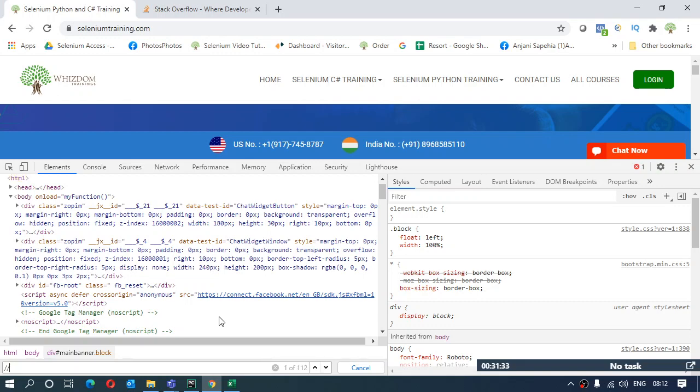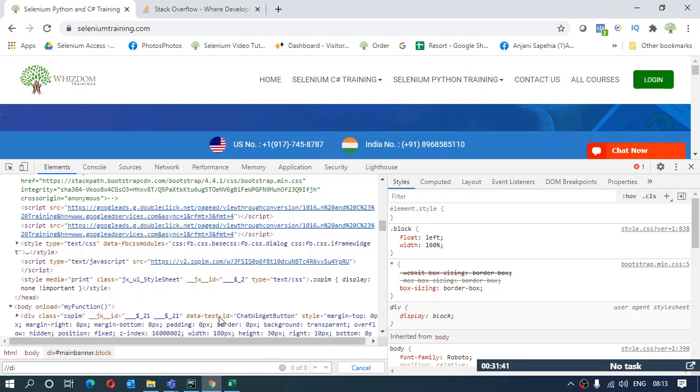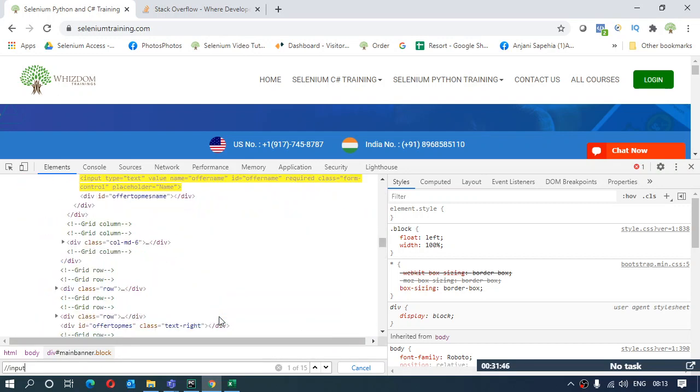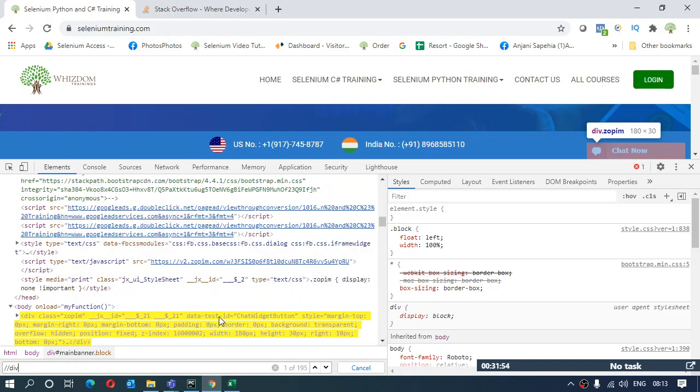But you can also give the tag name over here. If you are aware of which tag name you are going to use, you can give it here. Like I am using div tag right now, it might be possible you have some input tag, so you can give input over here. So as many inputs as there are on the page, they all will be highlighted, right? So I'm working with div tag now, so I'll give div in the square brackets.